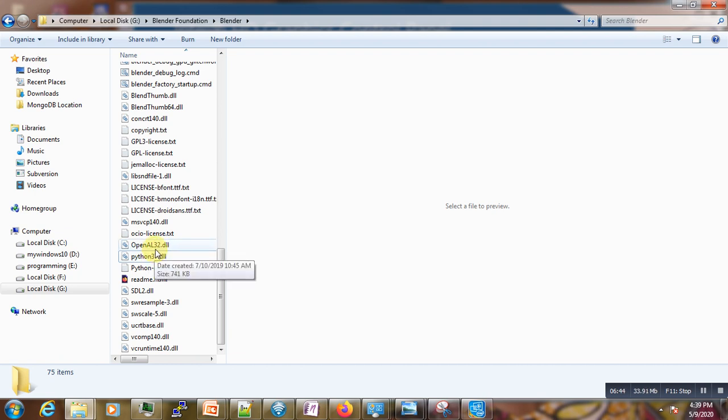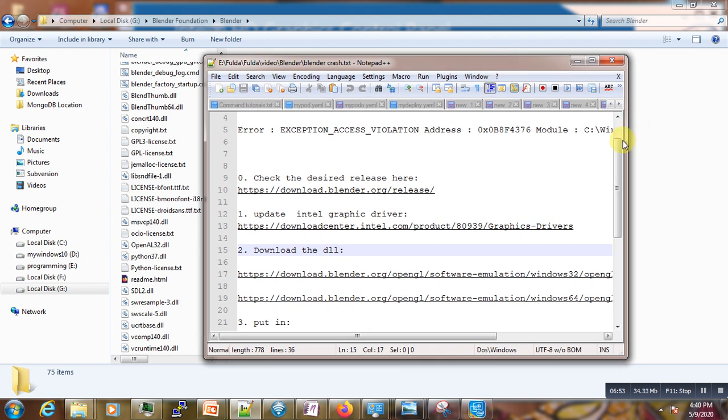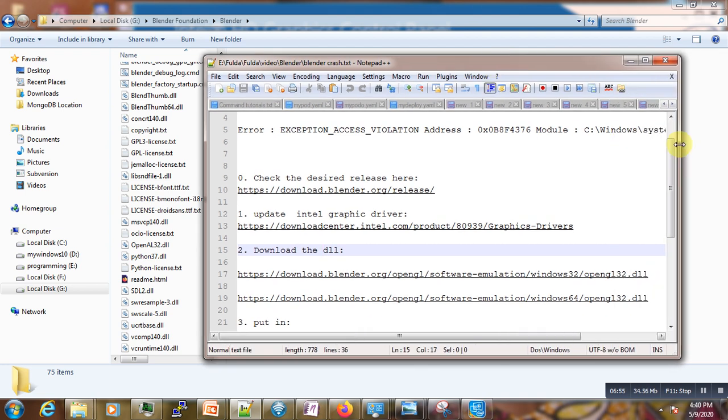And we need to go and get the correct version of the OpenGL. This is a graphic library. You need to get the one corresponding to your system here.